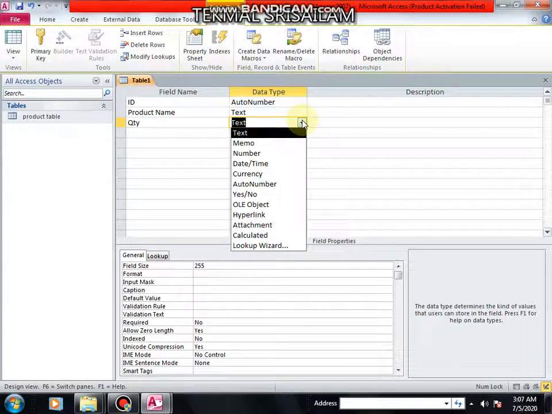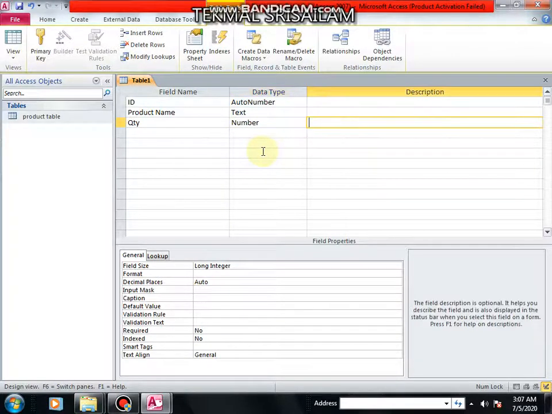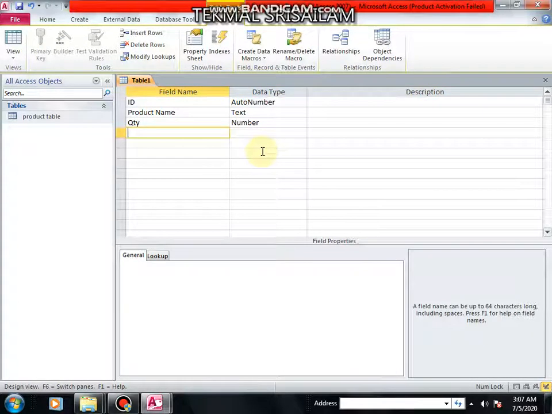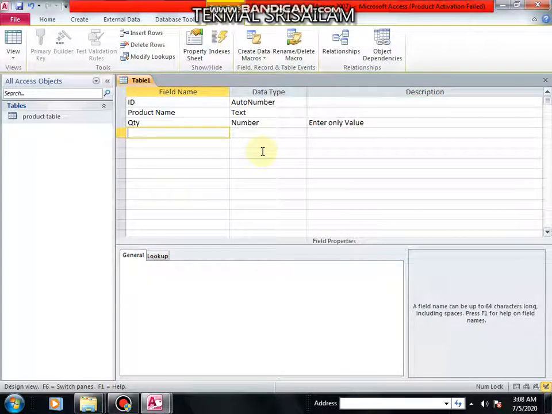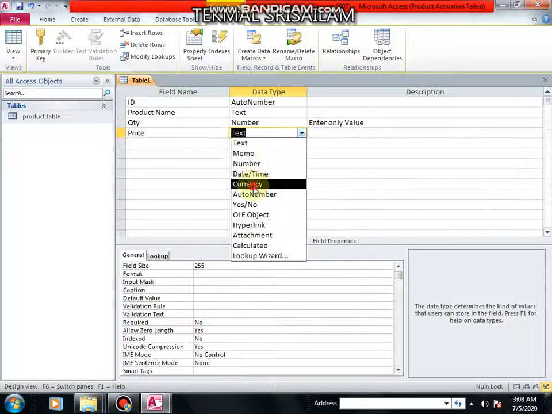Quantity: I have to select number because I'm going to input the quantity in digits. Here I can also type some description, so as and when a user enters any data, he will be notified with a restriction or some note. So I'll type here some note like this. Next, price, currency.